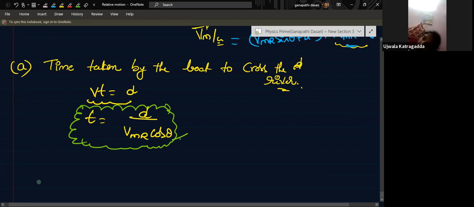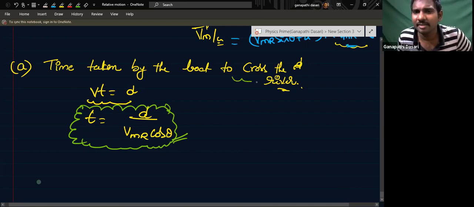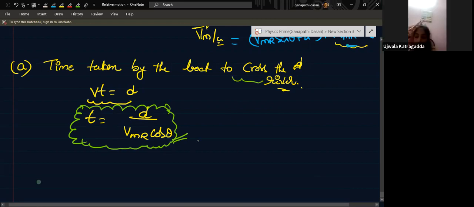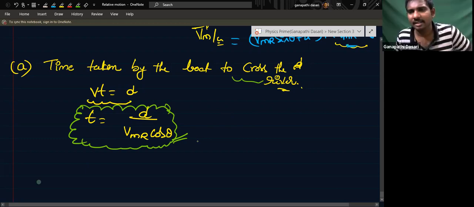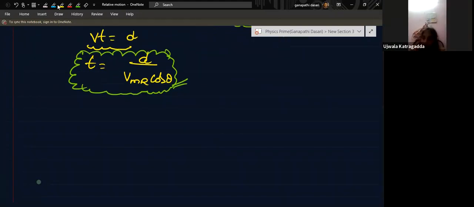If he asks for the vertical, then it will be horizontal. Why will he ask for horizontal? Cross the river means what? Vertical. Crossing means you are only crossing the vertical distance, right? Cross the river from here to there. Next option is